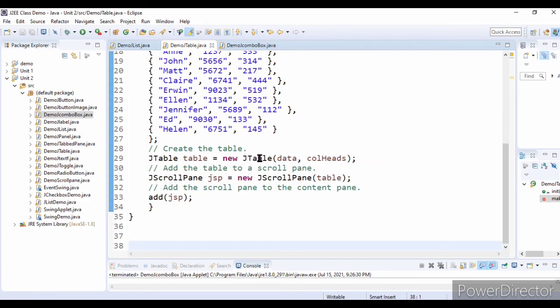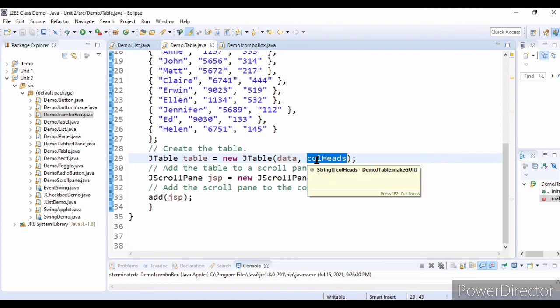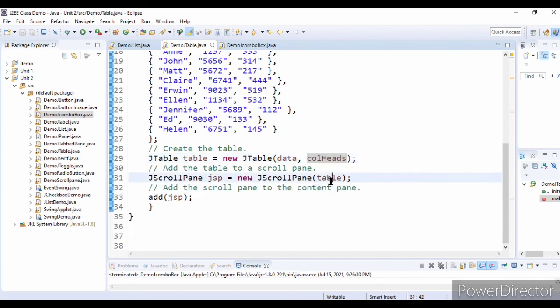For that table I am passing data and column headings. Next I am adding that table to a JScrollPane: I am creating a JScrollPane and passing the table to it. Next I am adding that JScrollPane to the content pane of the applet viewer. This is the simple way to create the JTable in Swing.